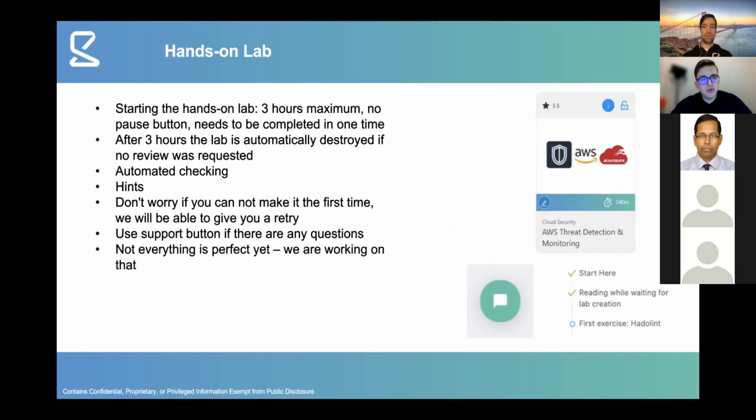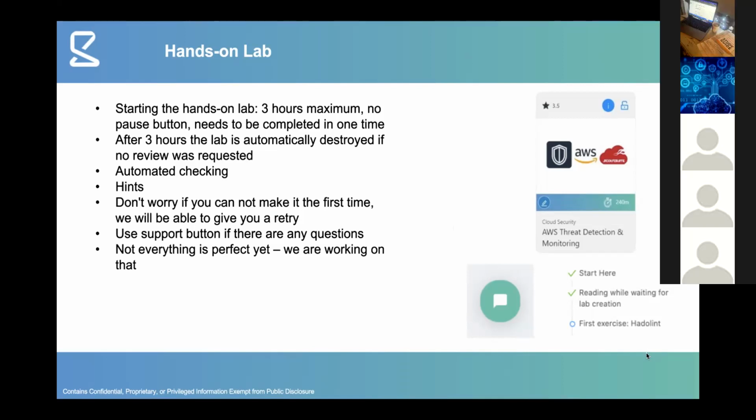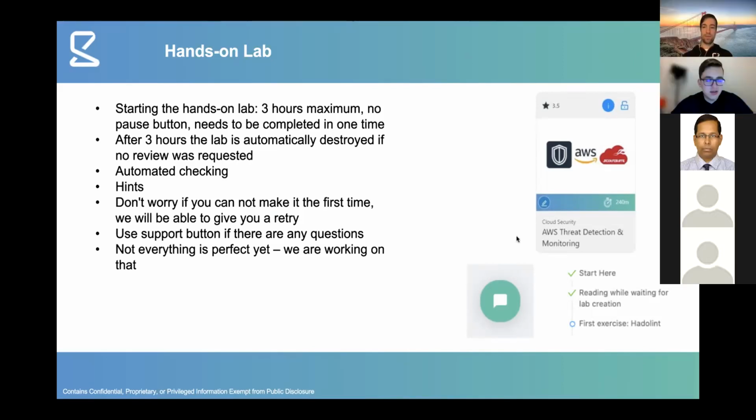On the hands-on lab, we have hints. If you want to get the advanced level, you should use only 2 hints, I think, and otherwise you'll get a medium level if you use more than that. So what you can do, you can directly start with advanced level, and then basically if you need more than 2 hints, then yeah, your level will downgrade.